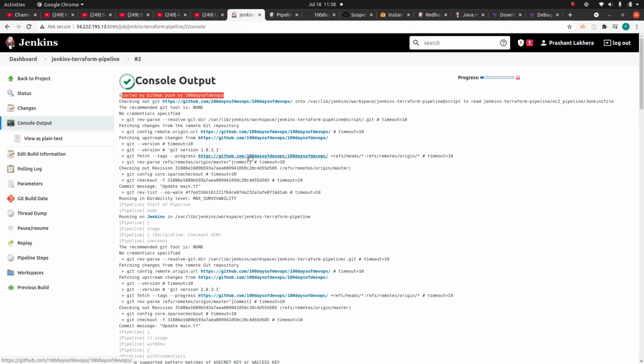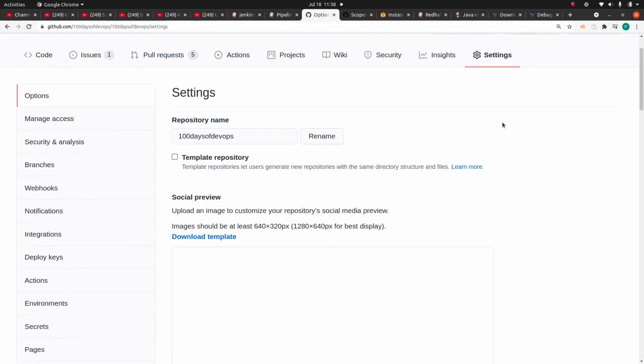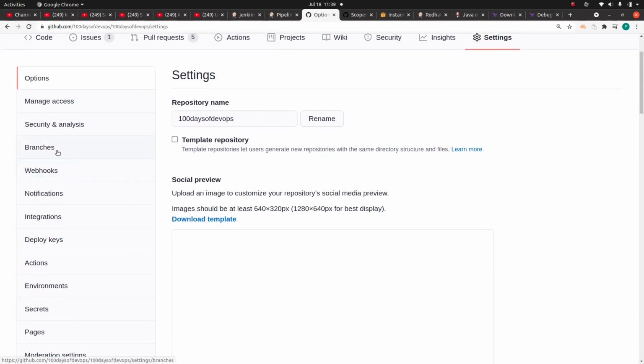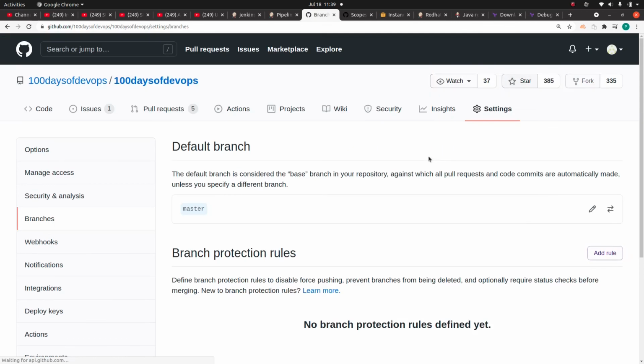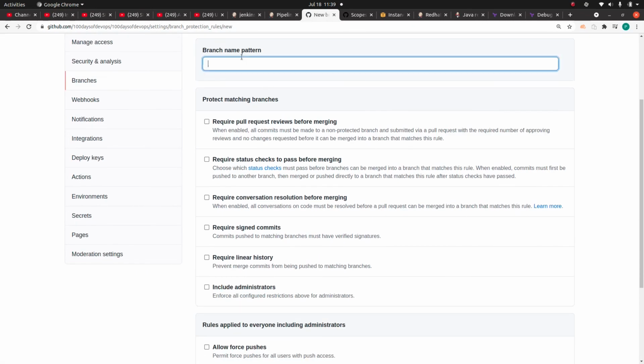Okay. So now you have automated this further process. Now one thing I can give you as a pointer, I'm not going to do it, but I can. If you go to settings, which I feel everybody should implement in their organization, if you go to branches, to further fine-tune the security, we can add a branch protection rule with the branch pattern master.